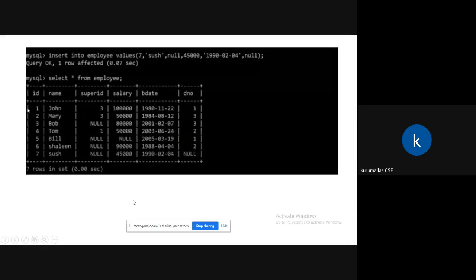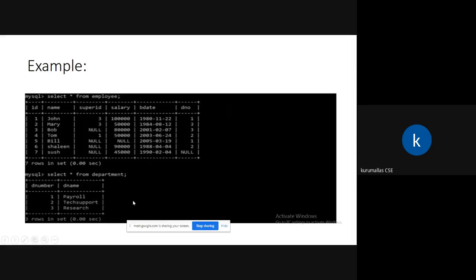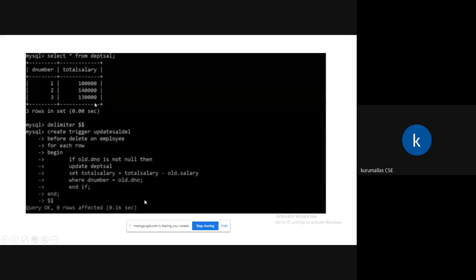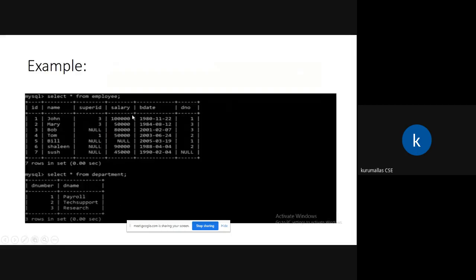So this is the first table, seven rows are there. For the second one, take one more table, select star from department. This is another table. See, select star from department table, DEPT sal. No changes. Why? Here, if you see, null.